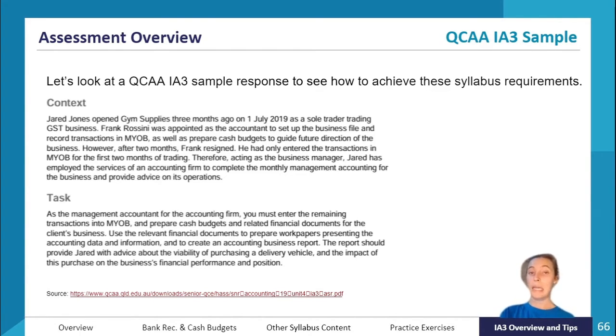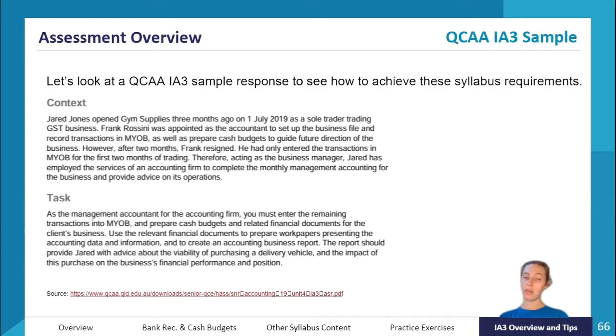So you would be acting as Frank in this case. And also he is to prepare cash budgets to guide future direction of the business. But after 2 months, Frank resigned. So he had only entered the transactions in MYOB for the first 2 months of trading, even though it's been